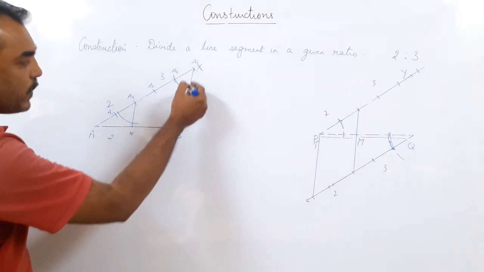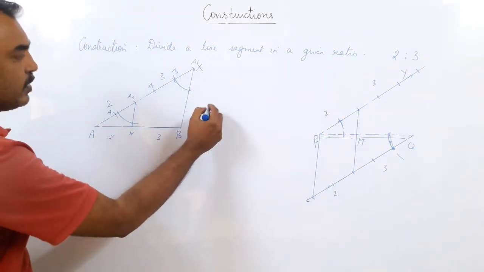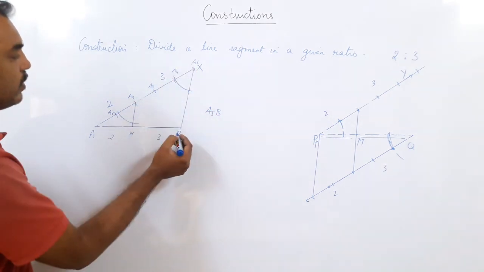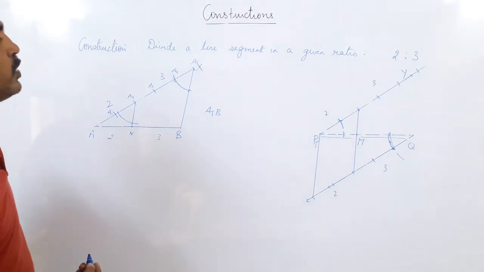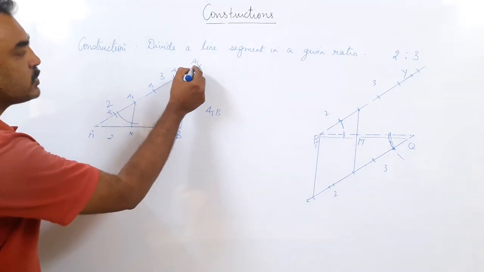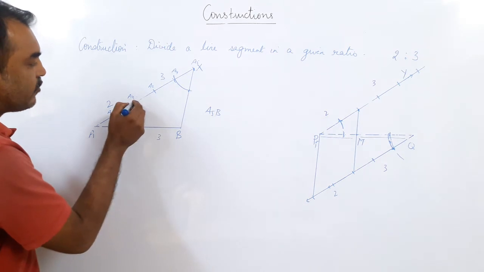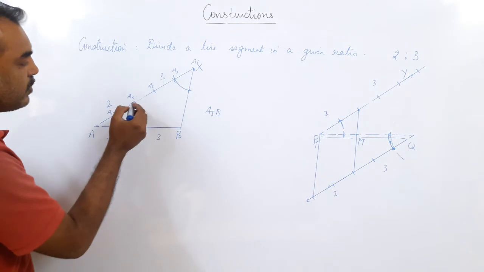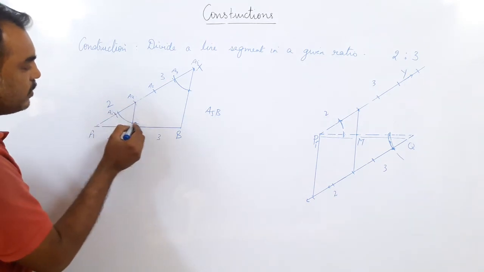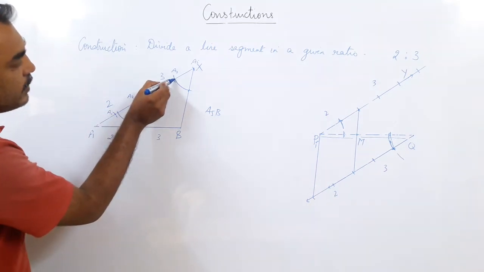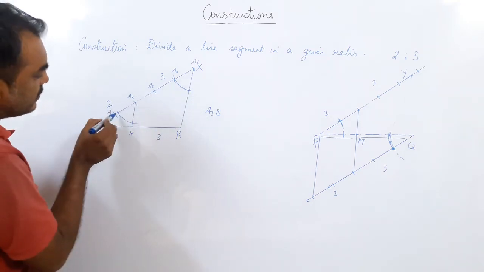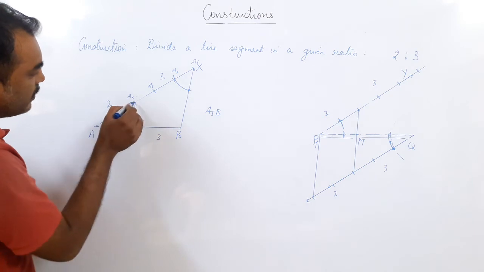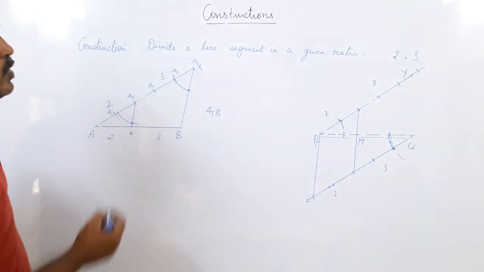I have to draw a line parallel to this A5B, from A2 to N. It should be parallel. Now how will it be parallel? The corresponding angles will be equal. So from this point I draw an arc. Similarly from the second point I draw an arc. Here I drew the arc cutting these two lines, and here I drew the arc cutting this line only. From here I check the distance to this point, and in the same way from here I check the distance. I got the distance, I got the point. Now I connect these 2 points and I get the point F.